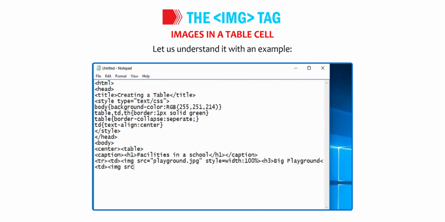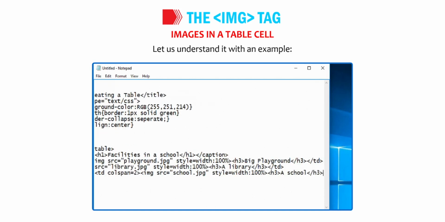TD image src equals to double quote library.jpg double quote close style equals to width colon 100% h3 a library /h3 /td. /TR colspan equals to 2 image src equals to double quote school.jpg double quote close style equals to width colon 100% H3 A school /H3